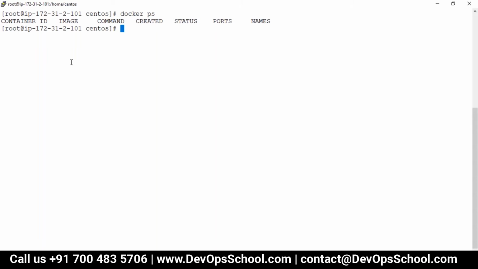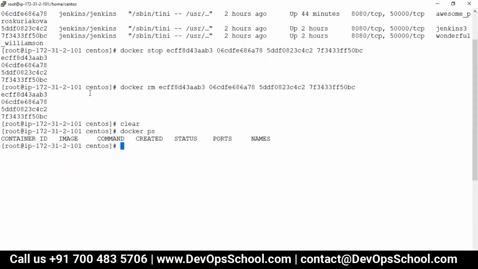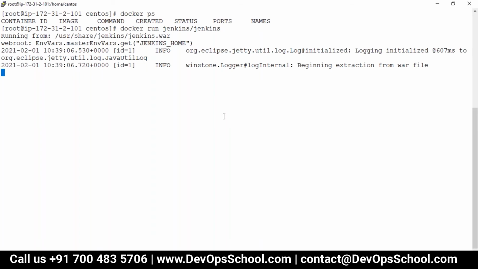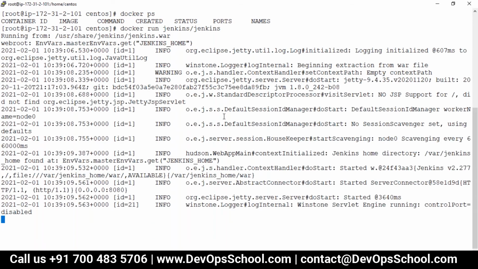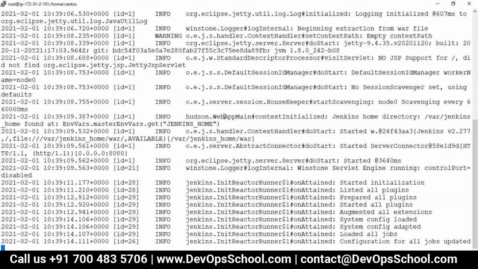So what do we do in this case? Here I'm going to run the container. The image was Jenkins, right? So docker run. See, earlier I was bash. Remember, earlier I was a bash.